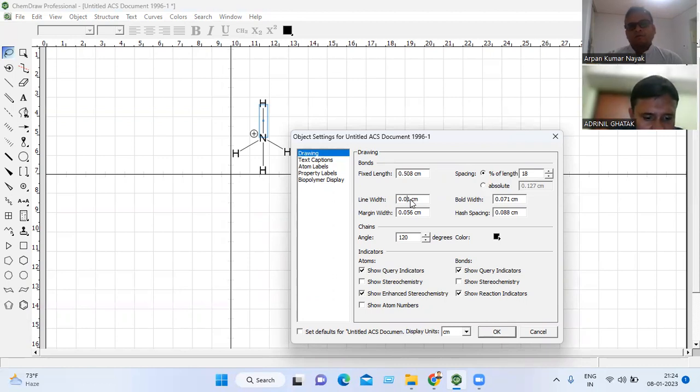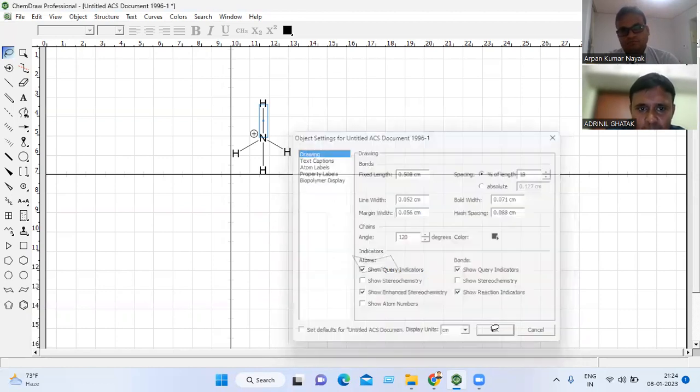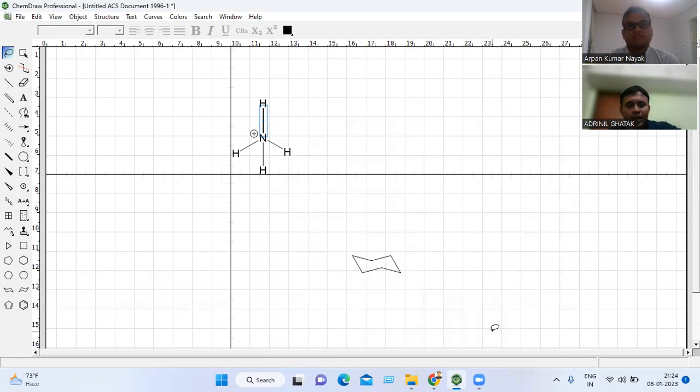For example, I want it to be 5.2. Okay, so I select 5.2, then select it, write it, and then press okay. You can see here only one bond, we can selectively make it a little bit thick or thin, whatever you want. Okay, not only that,